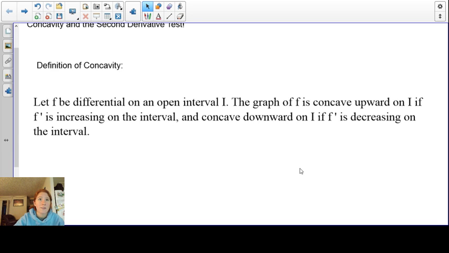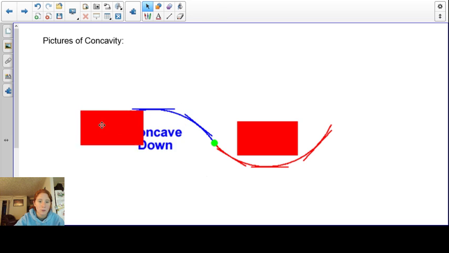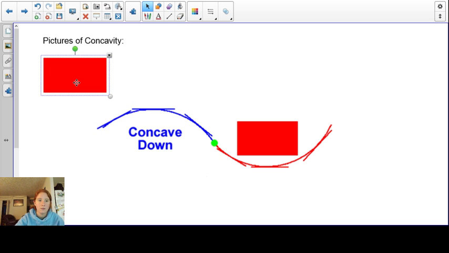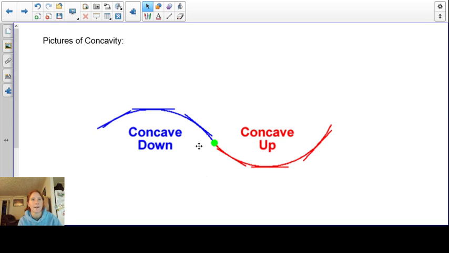Honestly, the best thing for this definition was to look at it pictorially. So that's what we're going to talk about in this part. If I'm going downward, or I have a curve down, we're going to say it's concave down. And if my curve is kind of going up, we're going to say it's concave up. So it's similar to increasing and decreasing. It's just taking a look at something dealing with a different derivative. So, that being said,